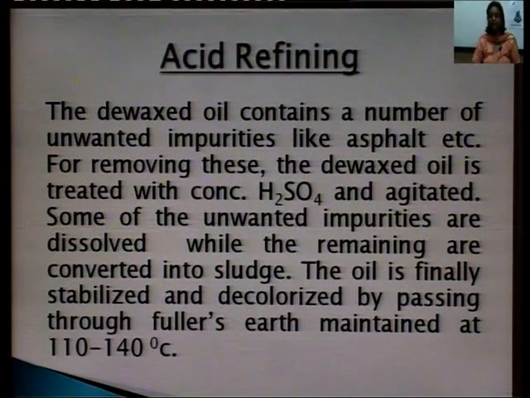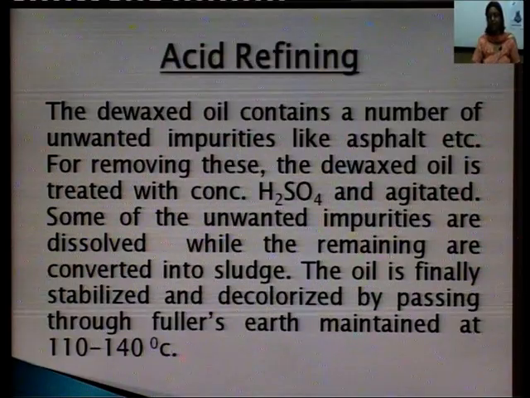Next is acid refining. Now, the dewaxed oil contains a number of unwanted impurities like asphalt, etc. For removing these, the dewaxed oil is treated with concentrated sulfuric acid and agitated. So, the dewaxed oil is now reacted with concentrated sulfuric acid. Now, some of the unwanted impurities are dissolved while the remaining are converted into sludge. Means some of the impurities are dissolved into the concentrated sulfuric acid and some of them settle down at the